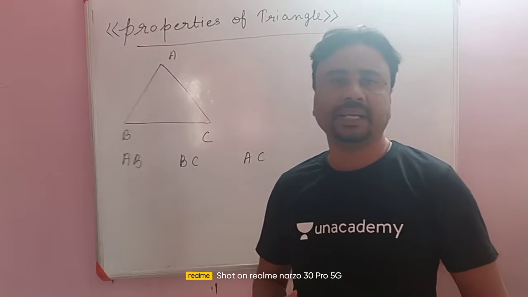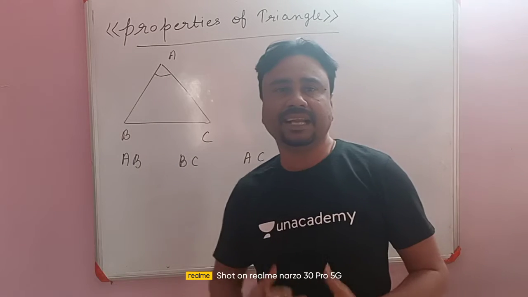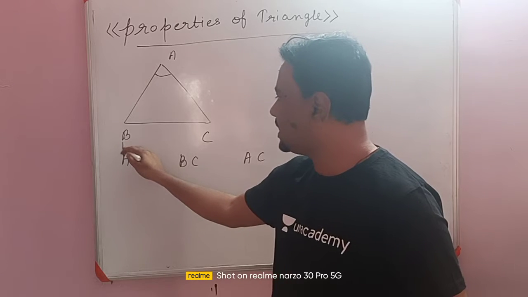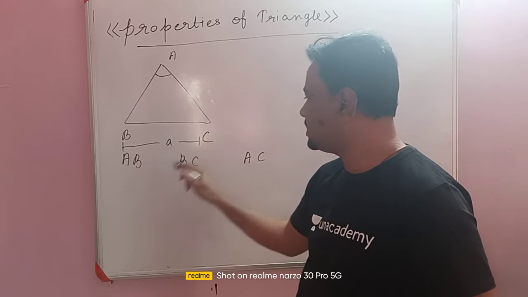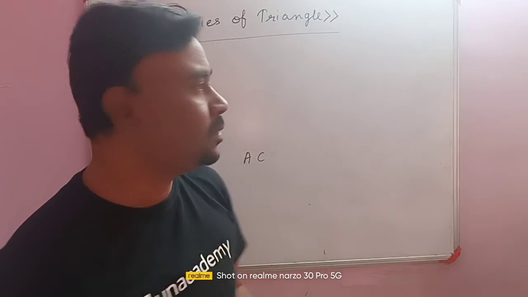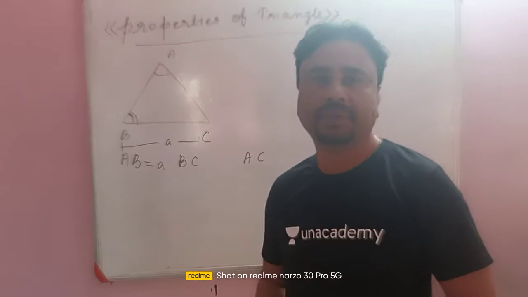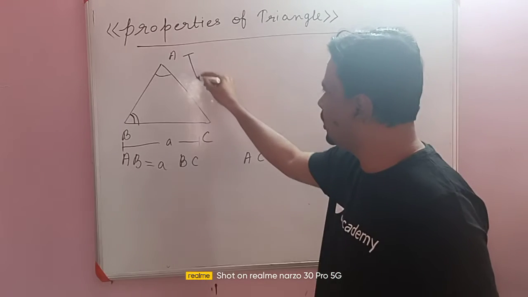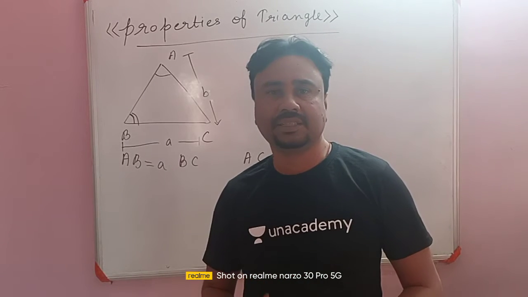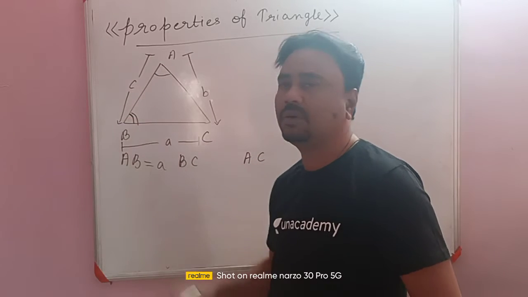In the properties of triangle, the important notation is that whenever we have to write the side length opposite to interior angle A, we write this as a small a. It means that instead of AB, we can write this as a small a. Whenever we have to write the side length opposite to angle B, it will be written as a small b. We are using this notation for denoting the length of the side. One is a small b, this is a small a, and the last one will be a small c